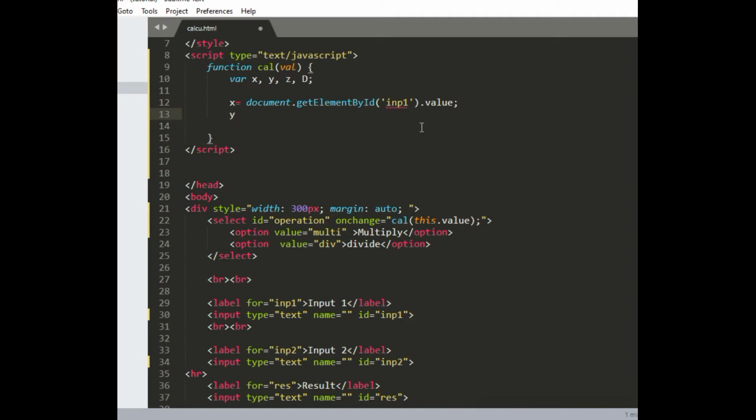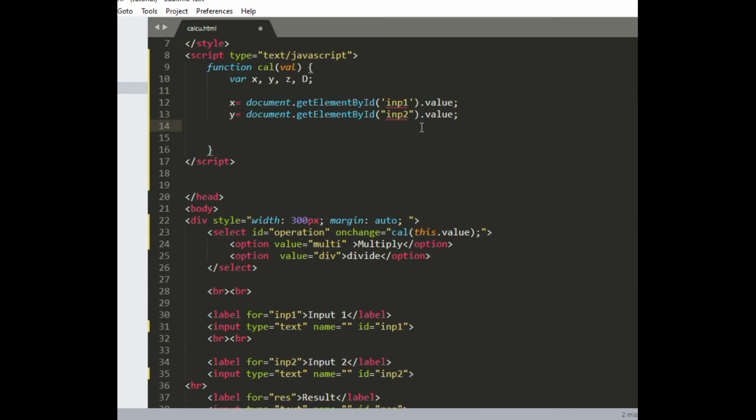Similarly, the second variable will get the value from the second input field. Now I will define variable d to get the value of the select option. So this ID name is operation.